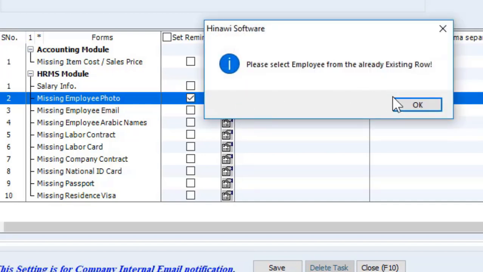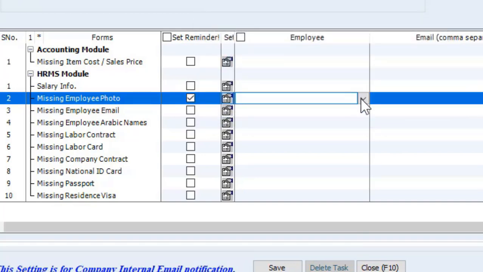So whenever you add a new line, there will be another line underneath it. So first, let's fill this existing row. The system informs us, how are you going to add a new row if you're not filling the previous one? So let's fill here that in the missing employee photo,